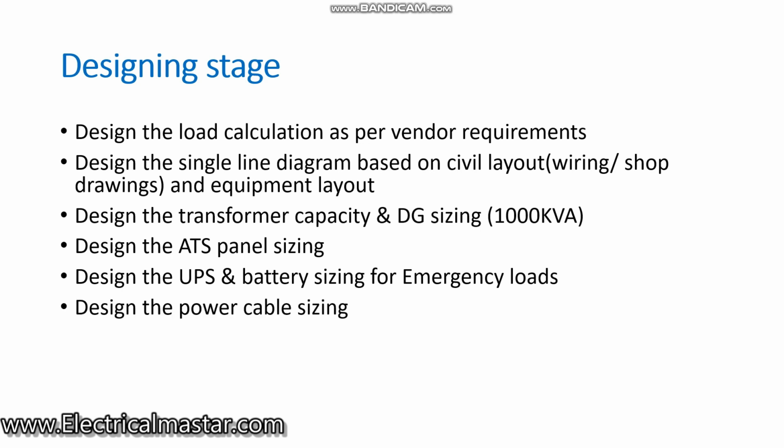And next, design the power cable sizing from the transformer to the ATS to the main DP. You have to connect it through the HT cable, like XLPE cable. There I used the XLPE cable underground. That cable installation was underground. You know, most Middle East countries use only underground cabling. So there I sized a 200 square mm cable. If you want to know about cable sizing, you can check the link in the description. You can get the idea of how to design the cable sizing.